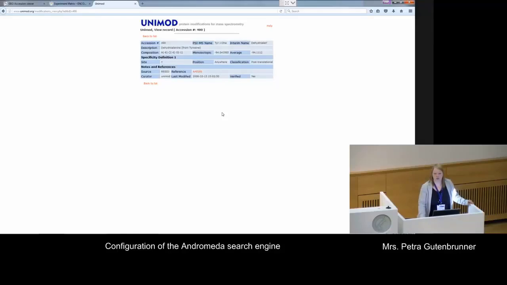and then we come here to this window which I've already shown you. So let's go quickly through the most important fields. We have here the description of the modification, then you can see the composition of the modification, and then also the monoisotopic mass, and as next we can see here the site, so the amino acid where the modification can occur, and then also information,